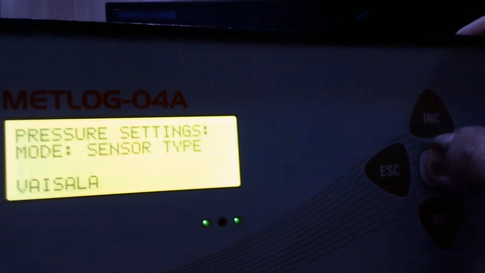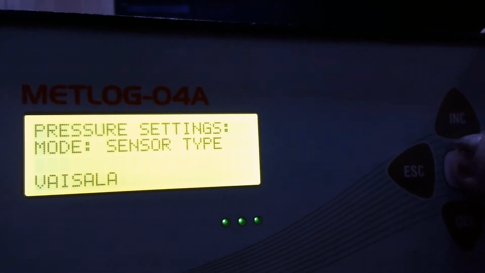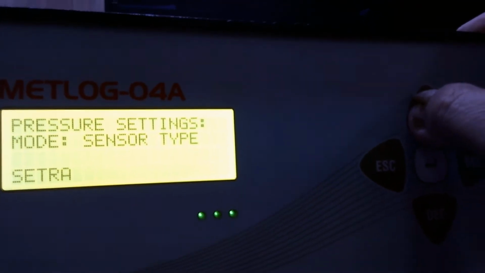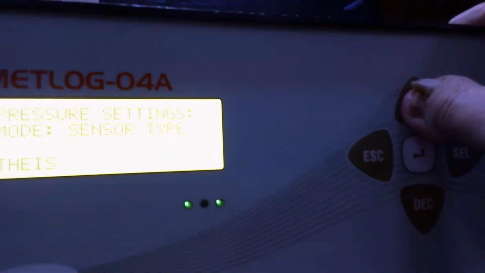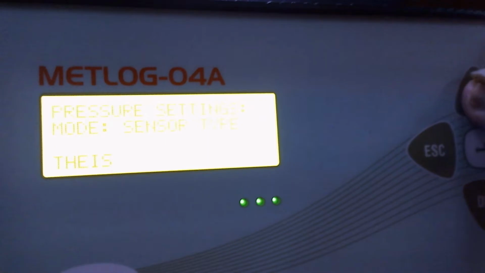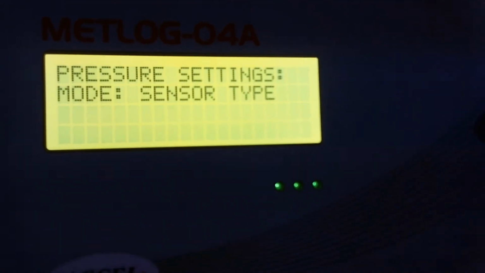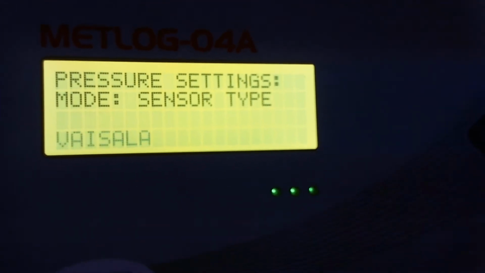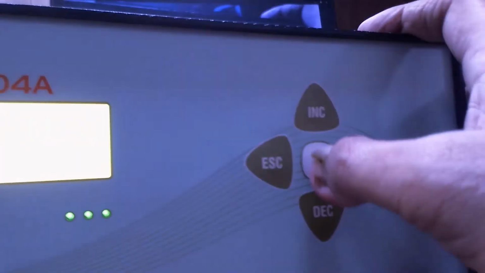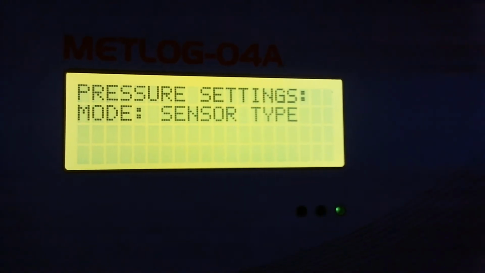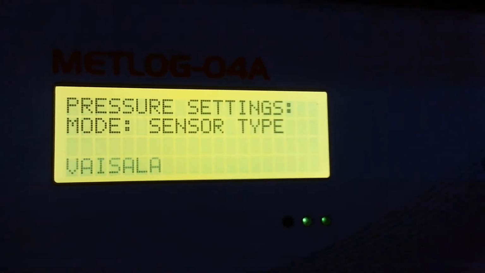Press enter. There are different types of sensor: Vaisala AMEC, Setra AMEC, Ice Clima, MCOM means microcom, Vaisala. So you have to select Vaisala here and press enter. Then your sensor will become Vaisala.